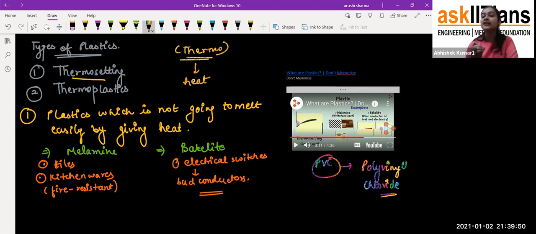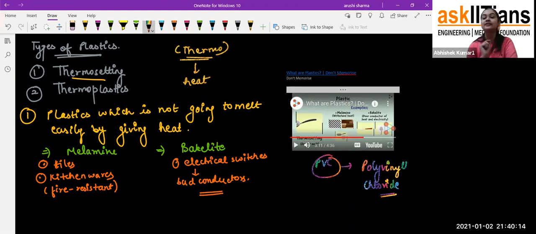But every time you see wires, they have some insulating covering over them, so that we can't get a shock from it even if we touch that wire, because the insulator will not allow the electric current to pass from the wire to us. So that is how we use this type of material.